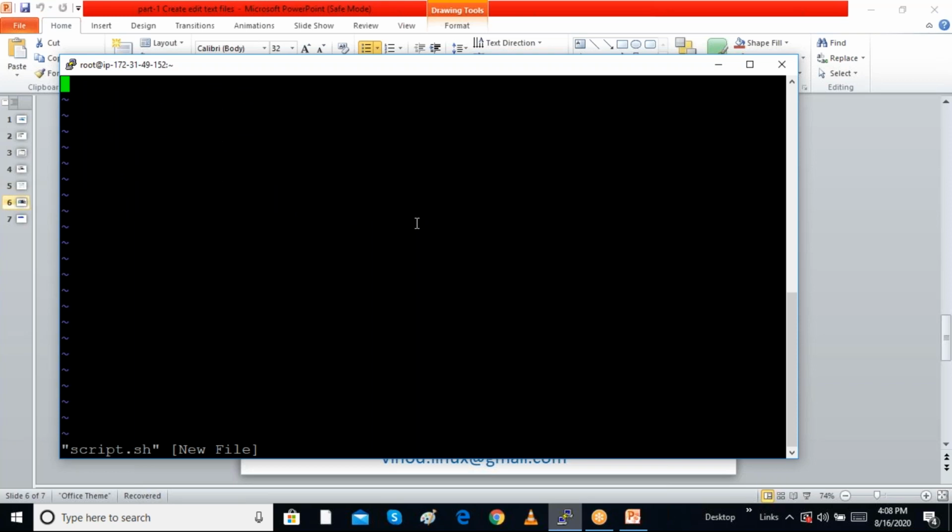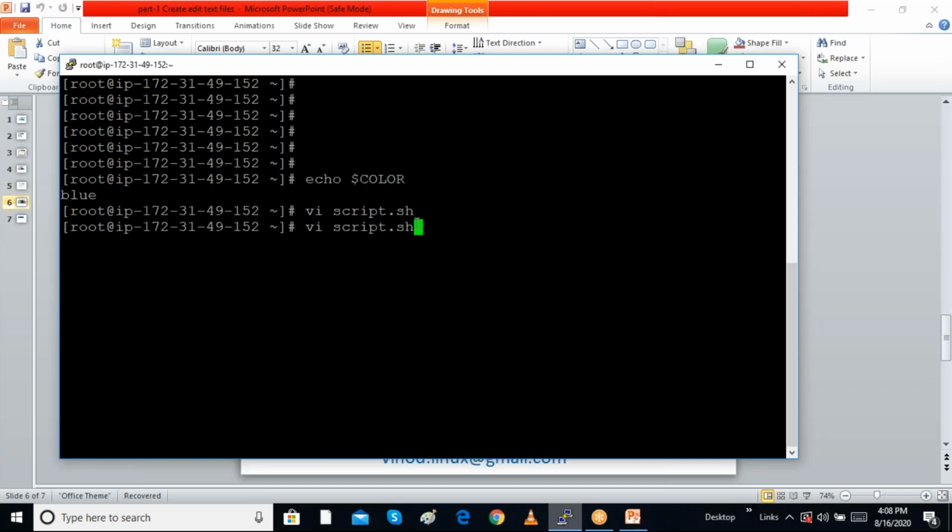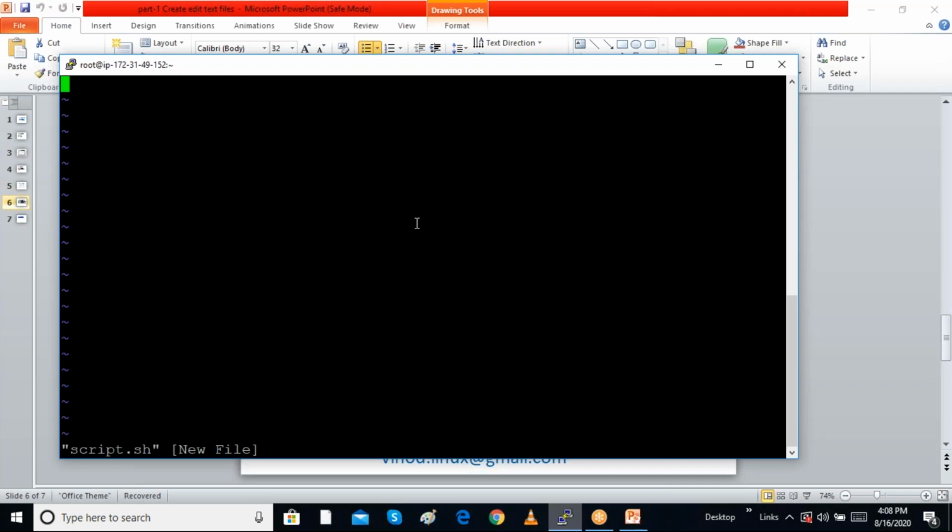Every script will start with the shebang sequence. I'm going to create a script with vi script1.sh. I can give all the commands in this script.